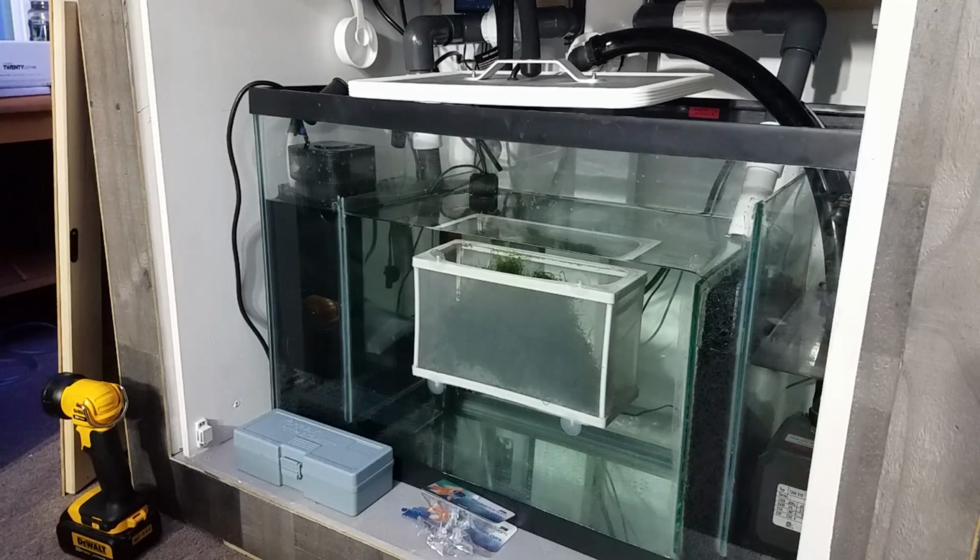Now, in the sump, you can see I just made a couple upgrades with new equipment, I guess, or components. You can see in the first chamber there is now the Tunze Comline DOC Skimmer 9004. That is running pretty well. I'm not disappointed with the purchase. I think it works really well. I'm just trying to still get it dialed in because I don't really like getting such a wet skim. I would rather it be really dark and thick. That's just my personal preference, and from what I could find online, it's quite difficult to get that kind of skim from this skimmer. But if and when I figure it out and everything's running smoothly, I will do a video on that,